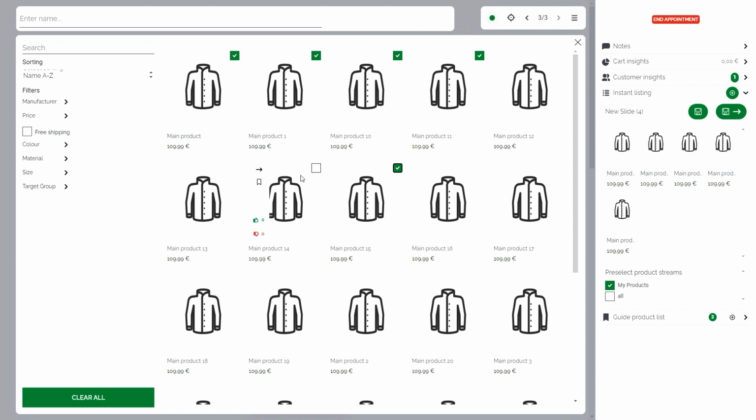So if I selected products here, I can say create new listing at slide 4. So a new page would be added. Or I can say create new listing at slide 4 and go to the new slide.